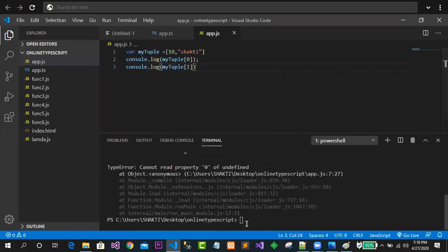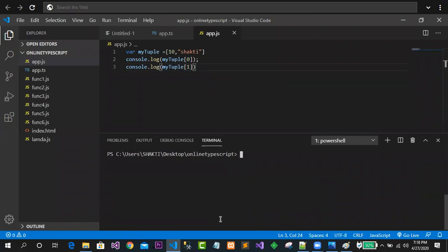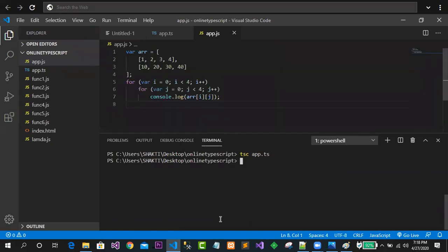Let me clear all these things and compile the project. How do we compile the project? This is app.ts. Now it's good.